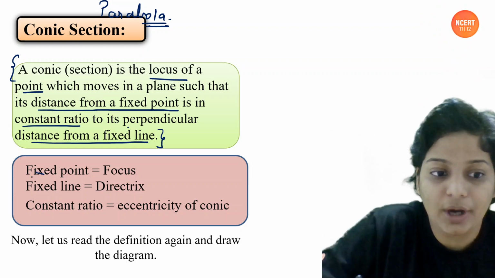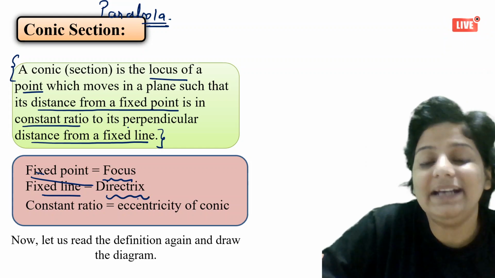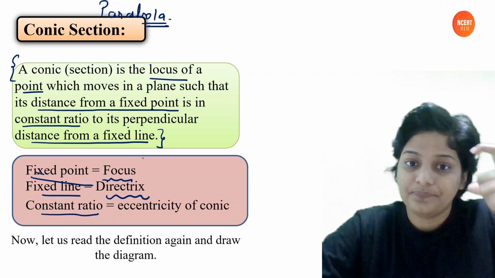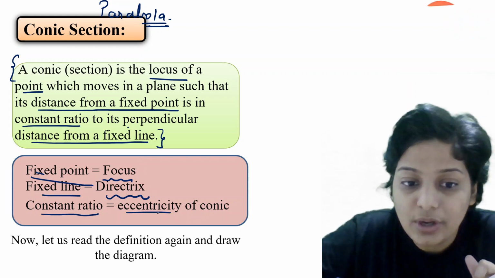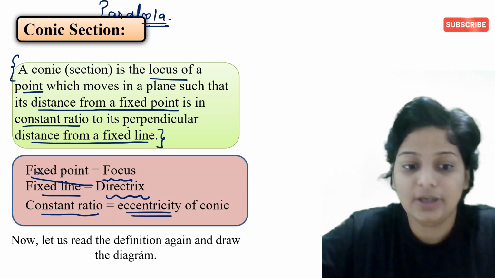तो ये जो फिक्स्ड पॉइंट है उसको हम बोलते हैं फोकस। फिक्स्ड पॉइंट को क्या बोलते हैं? फोकस। और फिक्स्ड लाइन को बोलते हैं डायरेक्ट्रिक्स। और ये जो कांस्टेंट रेशियो है ना, डिस्टेंस बिटवीन पॉइंट एंड फोकस, डिस्टेंस बिटवीन पॉइंट एंड डायरेक्ट्रिक्स, उसको कहते हैं एसेंट्रिसिटी ऑफ द कोनिक सेक्शन। एसेंट्रिसिटी ऑफ द कोन।